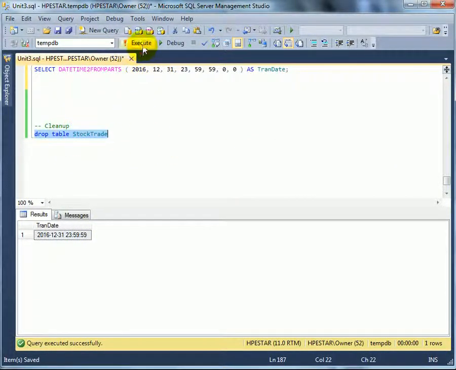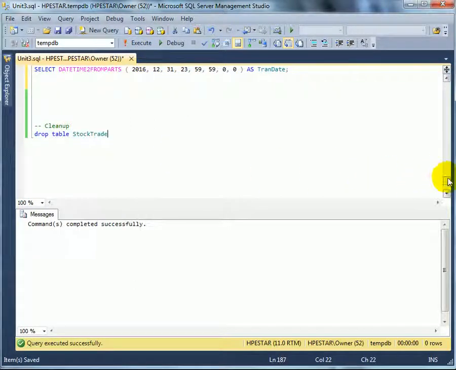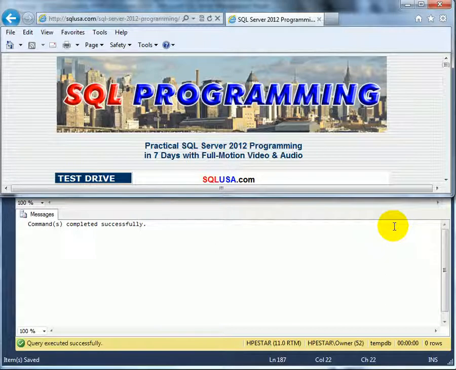Let's do a little cleanup and recap. We have got an introduction to datetime and other temporal data types. The most important thing to remember is that there is a singular internal representation for each data type, which we can print out, usually as a hex value, and we can look at it, but actually we don't understand just by looking at it what date or what time it is. To make the internal representation readable, we have to do convert, or we have to do format. So the internal format, which is basically integer storage,